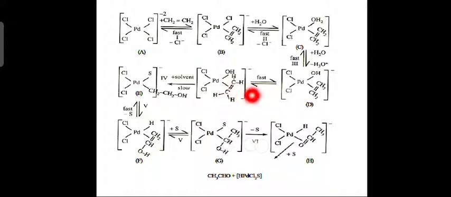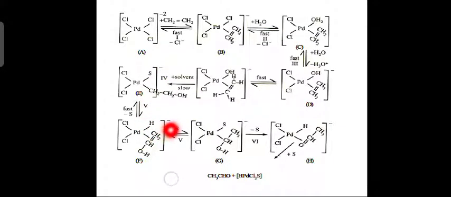This will exist in another form, OH minus, CH2 double bond CH, CH. Here CH2 is written together, here it is split. Now, solvent will add at this place, and with this OH will go. So solvent will add, so you get S and H here, and this OH will come over here, forming CH2OH. Next step is a fast process. The solvent will be removed.